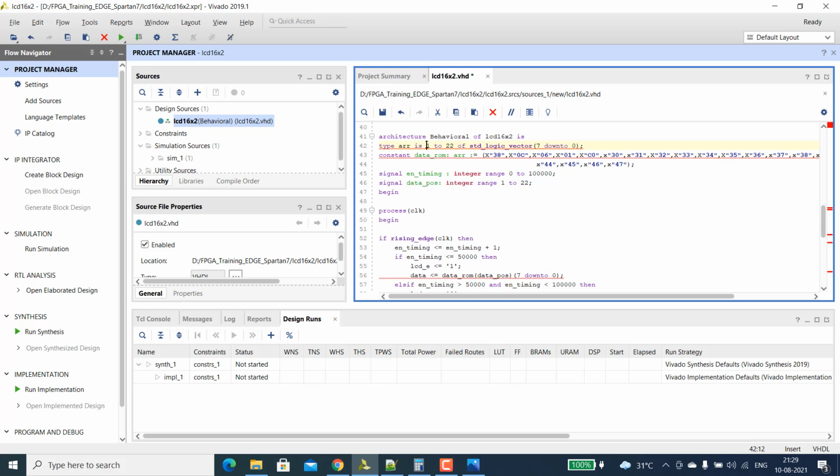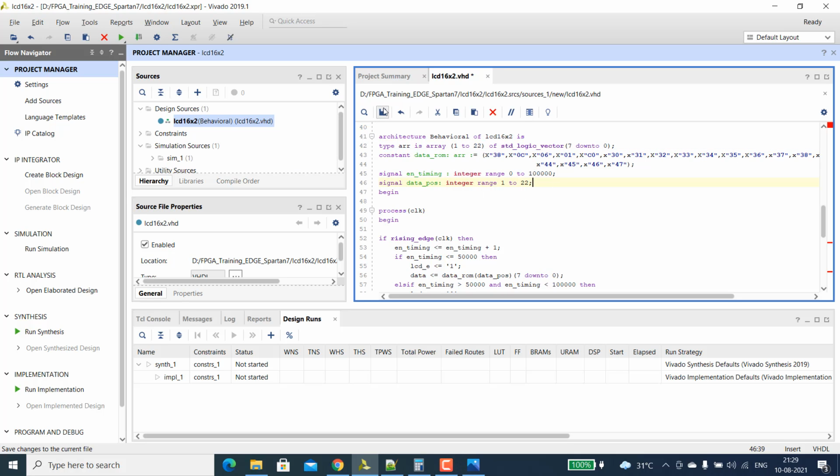Then we have to provide this 1 to 22 in a bracket. Its syntax will have array. So type ARR is array of 1 to 22 of standard logic vector of 7 down to 0. This is the correct syntax.